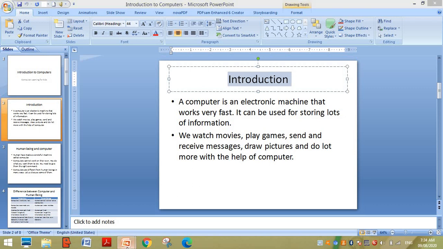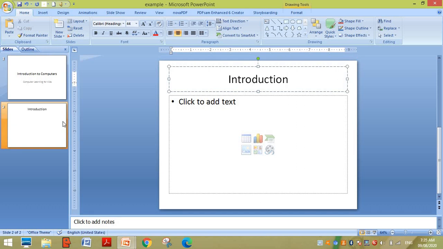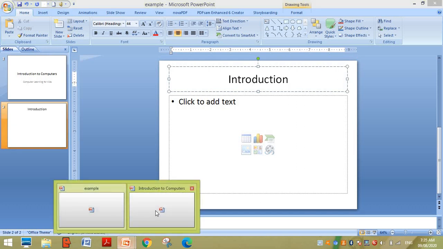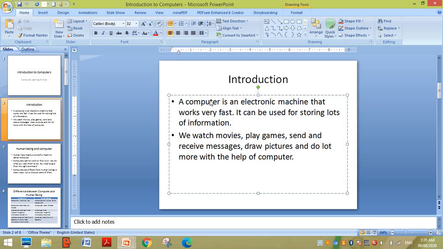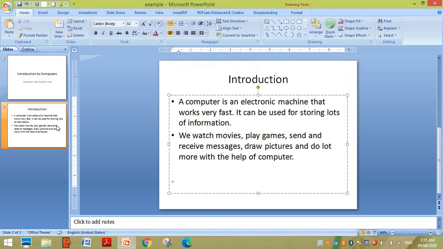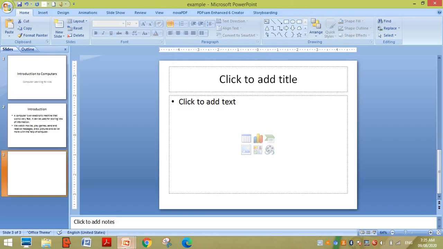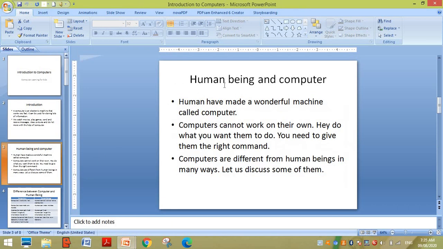I do Ctrl C and Ctrl V for the titles and details. Again I will go to the new slide, add the new one, add the details from the typed area.